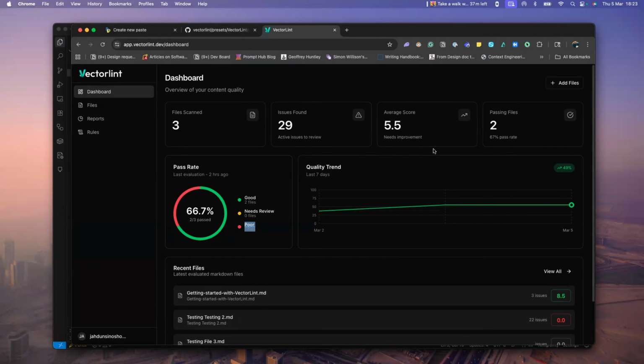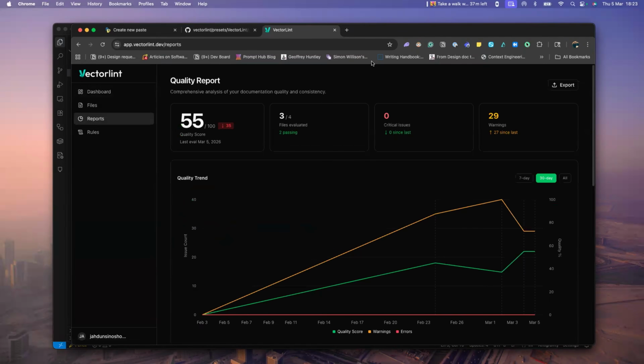But the idea is as soon as you push a PR, your PR gets tracked and it automatically gets audited. And you can come in here and look at how good the documentation is. It basically gives you data and a graph on how well your documentation has been going. So you can see your score, you have a score of 55, you have 29 warnings,